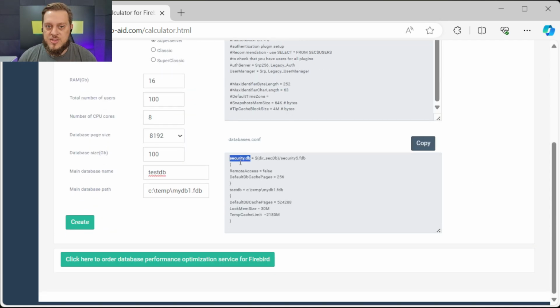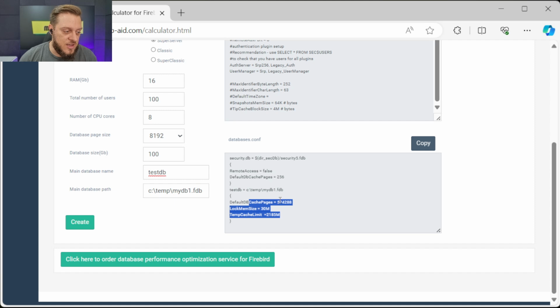That we have the security already configured. This is already configured at your default database.conf, but you have here also your database that you must put here your name, any name you can put. This is an alias, and then you have here the path of your database. So this is some particular parameters for your database, your primary database. Okay, if you have more than one database, this is not going to serve to you. You cannot just copy this and paste at every database you have, because